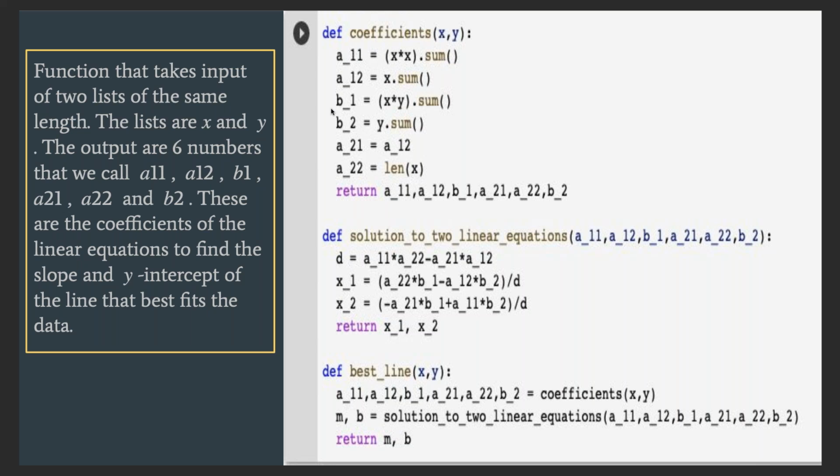Basically these are M and B, and M and B, as we know, are the slope and y-intercept of the line. What we're trying to do with this piece of code is find the line that best fits the data, just as I showed you guys the mathematical example at the beginning of this tutoring session. So going back to our code over here,